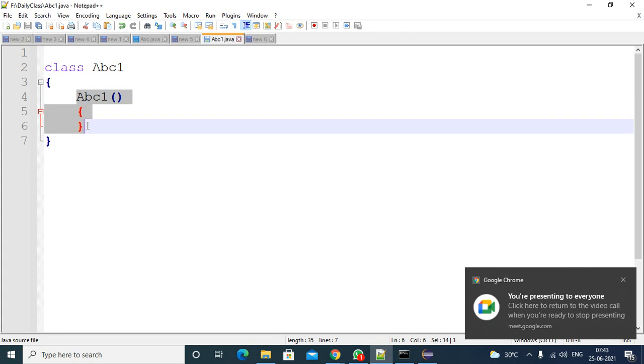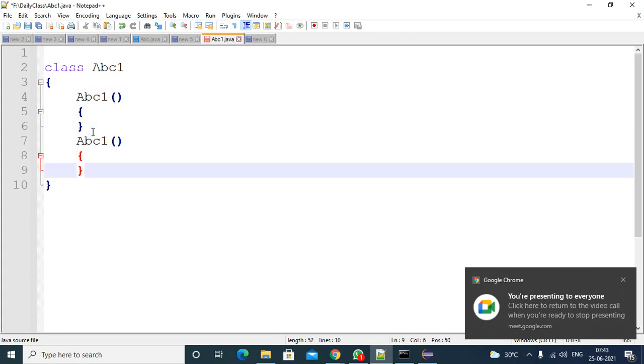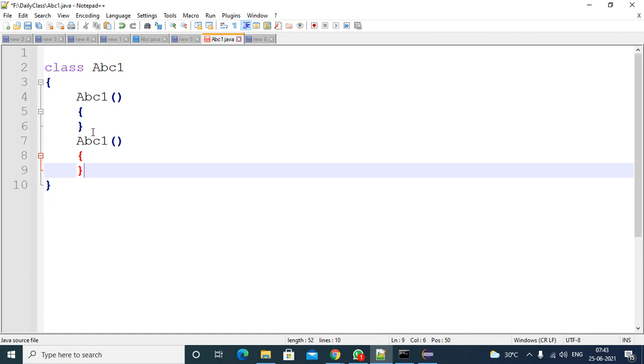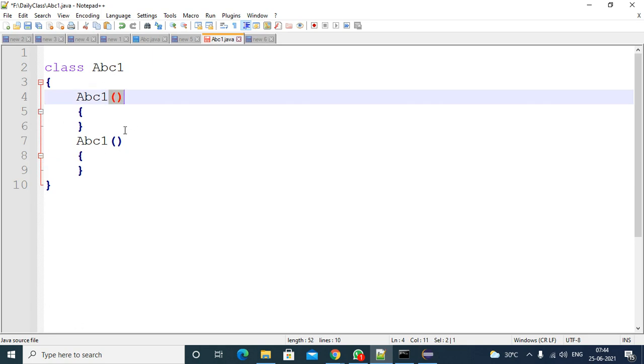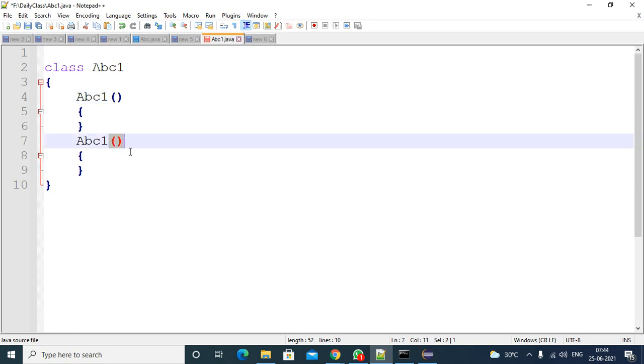Is it possible to add one more constructor? Yes. You can write any number of constructors in your class, but there is a condition: parameters must be different. Here you don't have parameters, so you are not supposed to take exactly the same constructor.